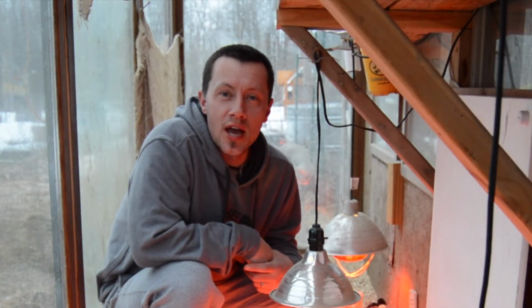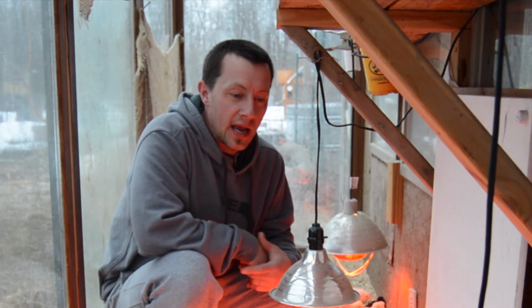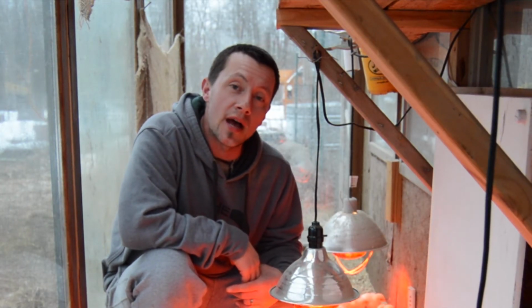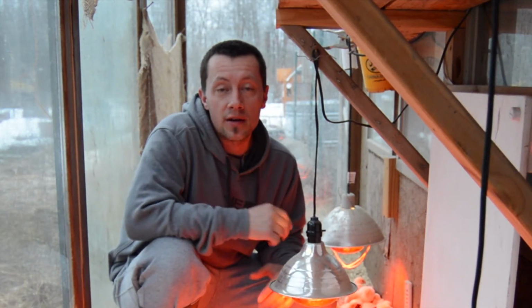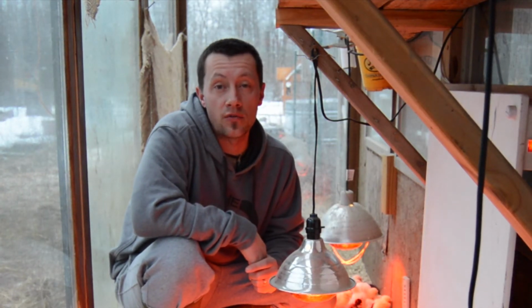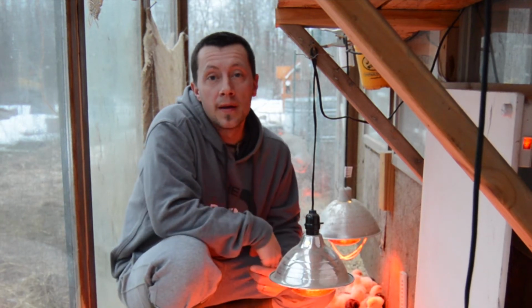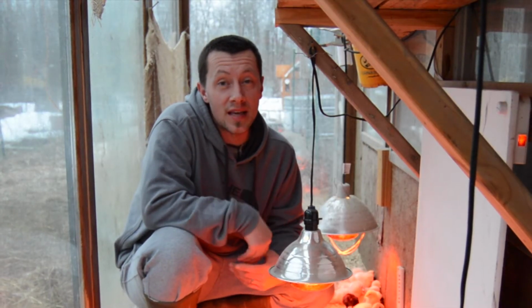So I just wanted to share with you guys real quick. I'm out here feeding the meat birds, and the seedlings out here aren't doing as well as they normally do every year. And that's because the other greenhouse is a 4x4 with 2 heat lamps out there. Even when it's in like the 20s outside, I can keep it at about 60 overnight. Whereas in here, it's a much bigger setup. I can do a lot more, but it was getting down to about 45 at night,